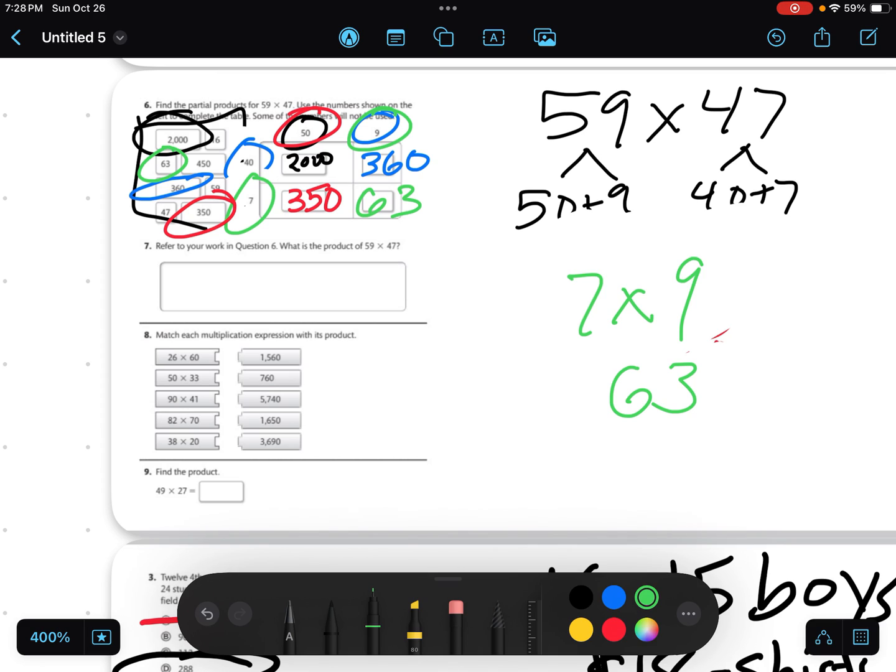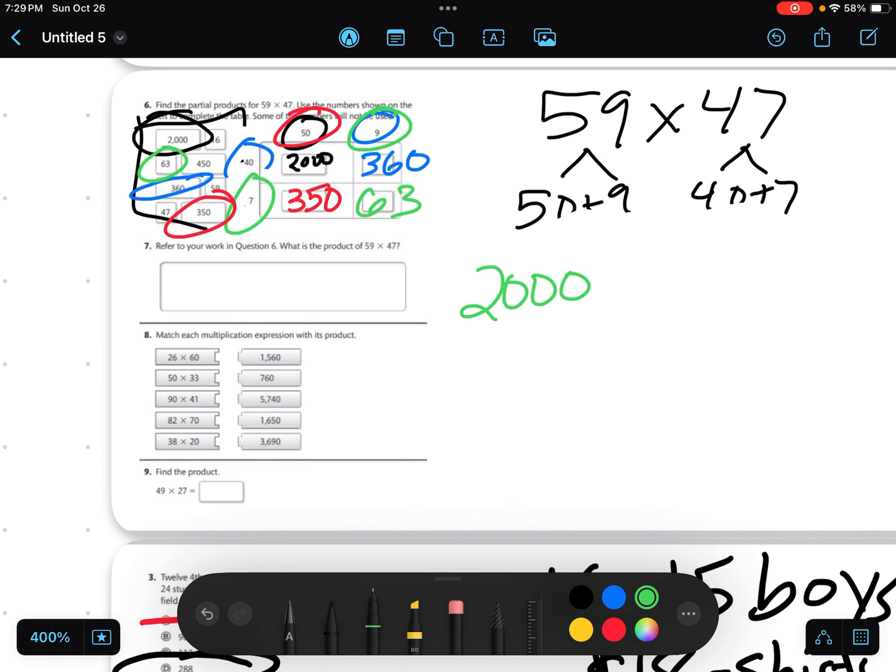And then it says, refer to your work in question 6. What is the product of? So then they would want us to answer this. So if you want to answer it in standard form by just multiplying 59 times 47, you could. Or I kind of like, it's already written out. So 2,000,